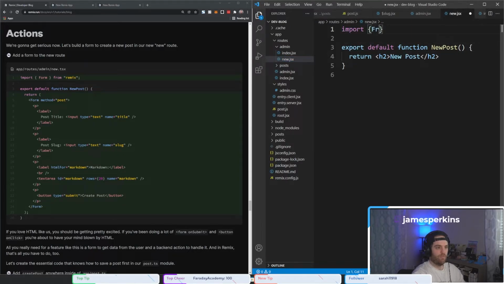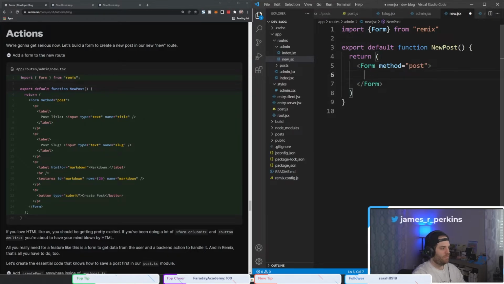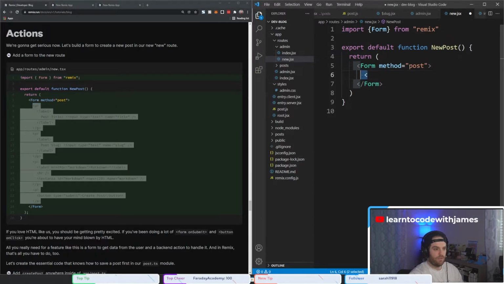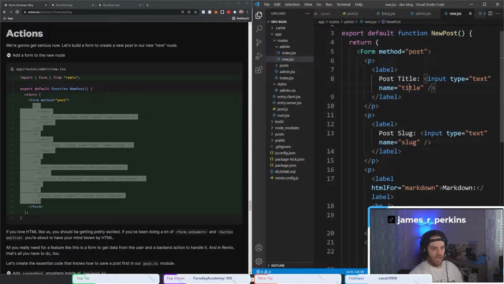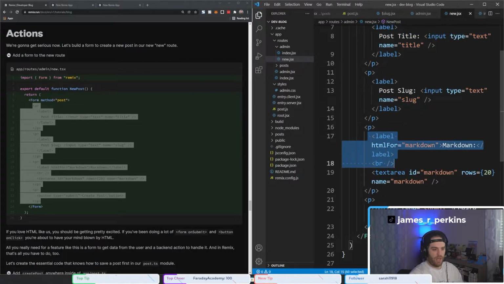Import Form from Remix, and then we'll do return, wow, seriously, there we go. Form method will be post, okay, and then I'm just going to grab this because it feels like a bit more than I want to type. So we got a title, slug, markdown,